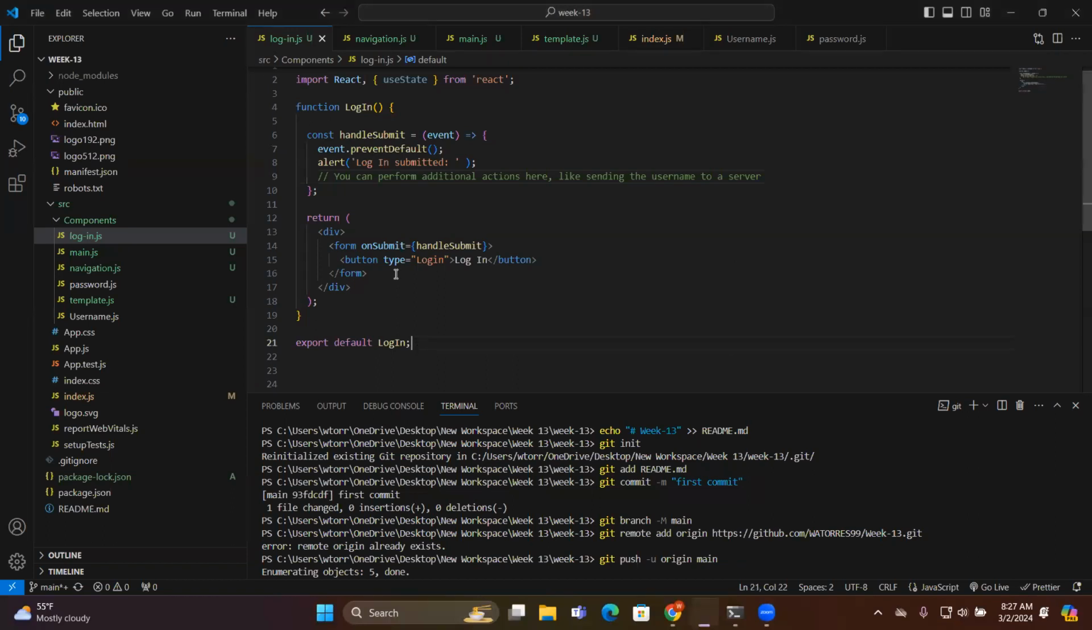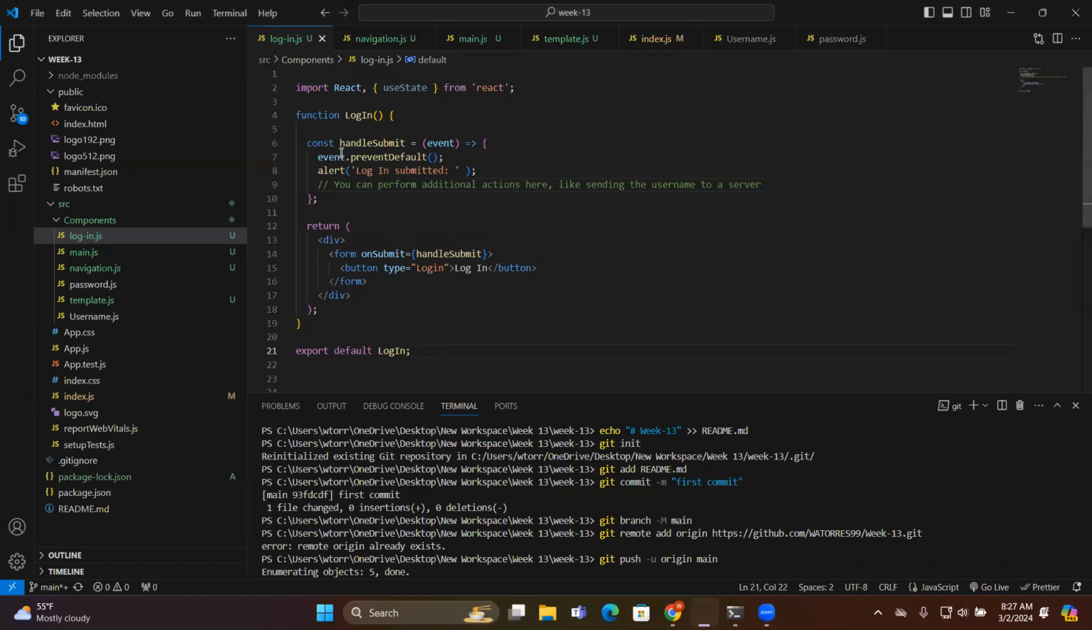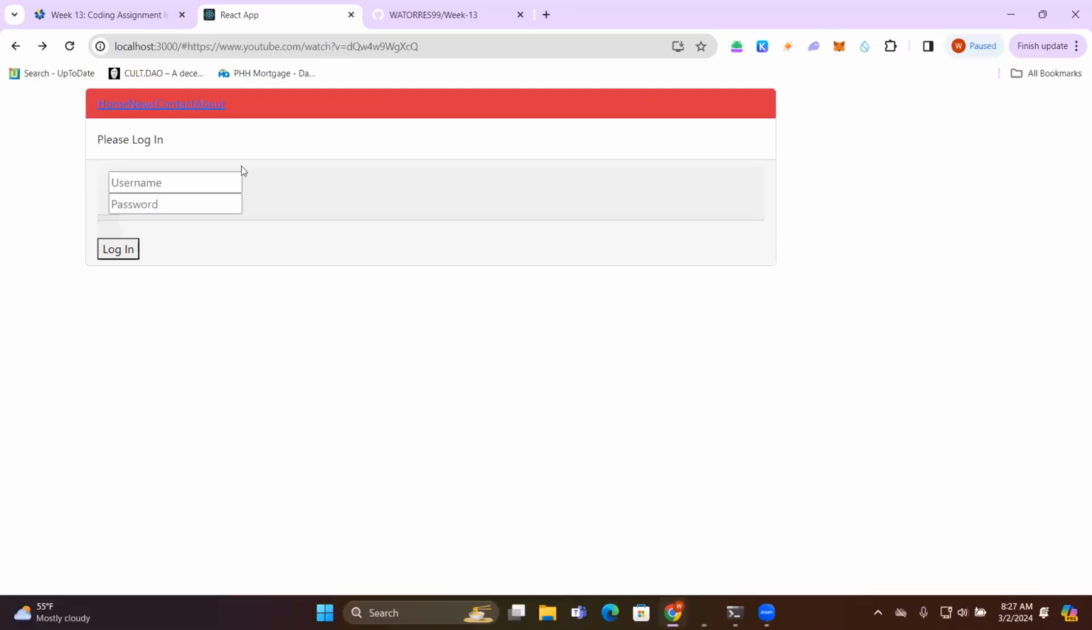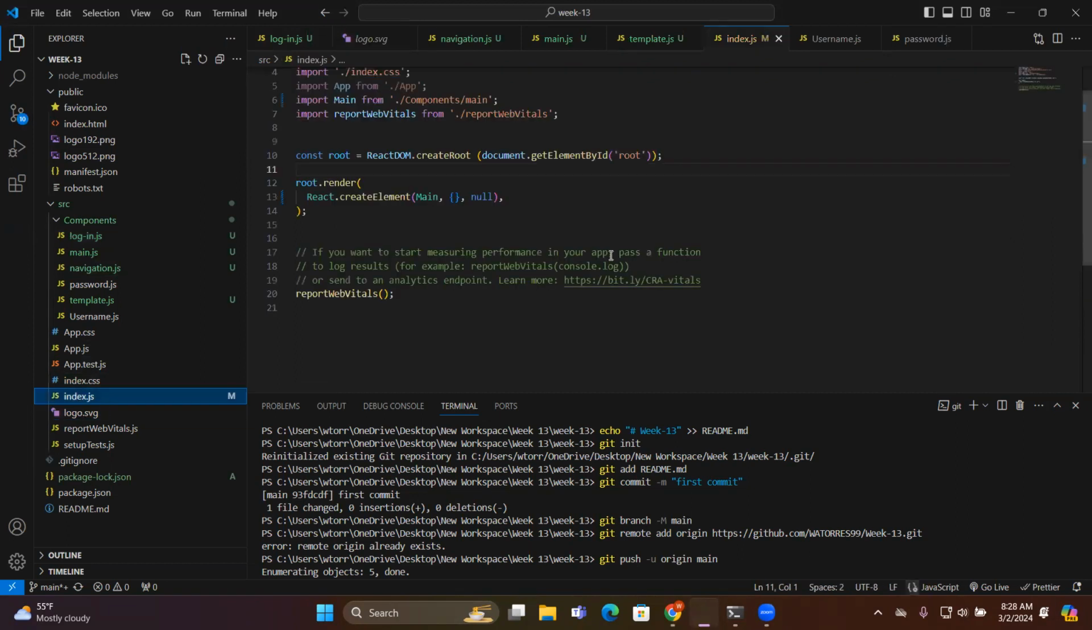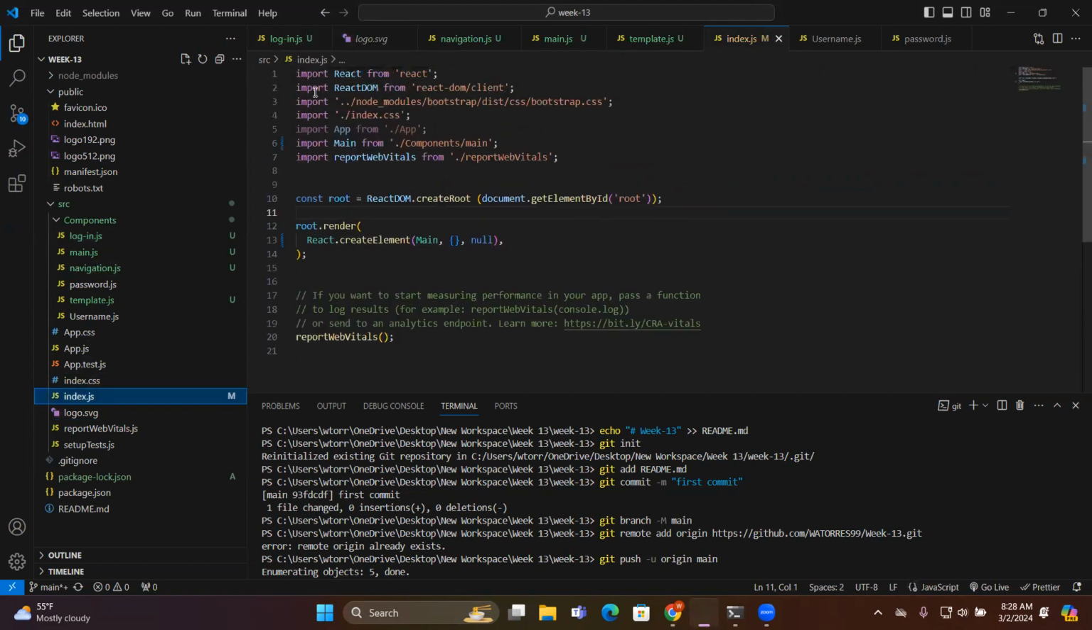Okay, this is my week 13 project. Basically, we were supposed to make just a simple login screen, of course, with a navigation bar at the top, and of course the login button using React. And so first, I started off with the index.js, which of course I imported the